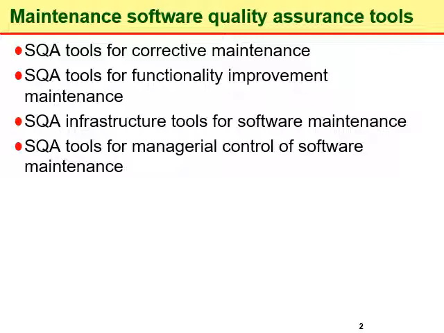The specific nature of each component of software maintenance, for example, corrective maintenance, adaptive or functionality improvement maintenance, demands that different sets of quality assurance tools be used for each. Moreover, the operational period of the software typically makes intensive use of infrastructure SQ tools and managerial control tools more probable. Therefore, it is important to discuss the tools for different types of maintenance activities and to ensure managerial control of